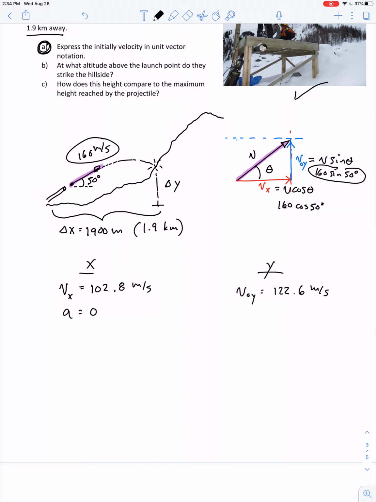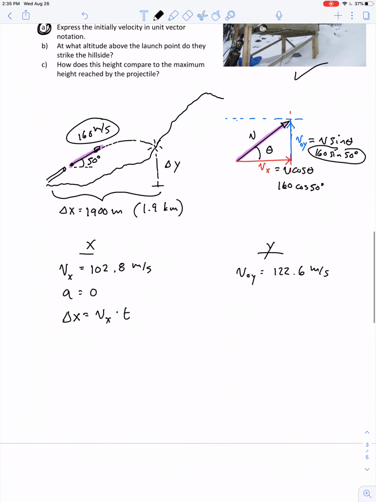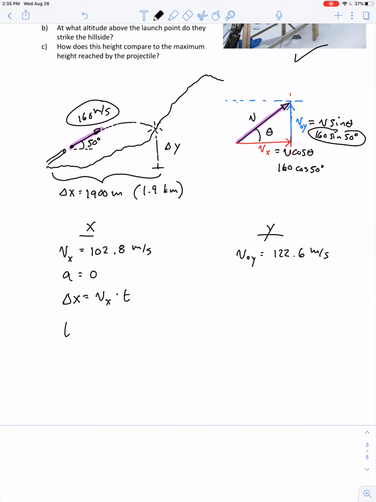Okay, so the acceleration is 0 along the x-axis. And this just means we can apply the dirt equation. This is just distance equals rate times time. So from this we could figure out how much time it takes until it impacts the mountain. When we rearrange the equation, time is horizontal distance divided by horizontal speed, and it lands a horizontal distance of 1,900 meters away, and it did so with a horizontal speed of 102.8 meters per second. So the time that our projectile spends in flight is equal to